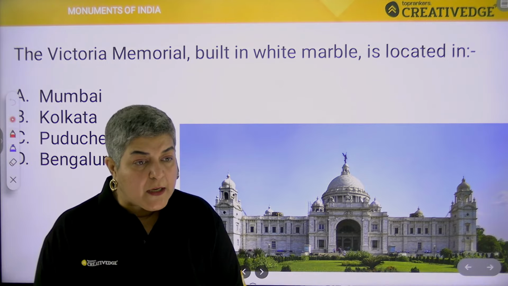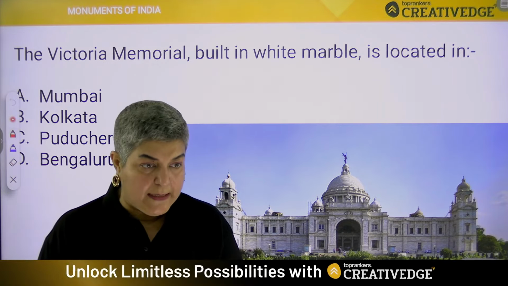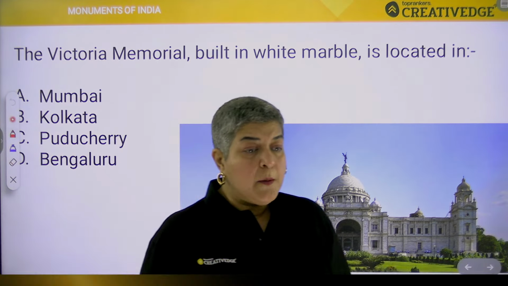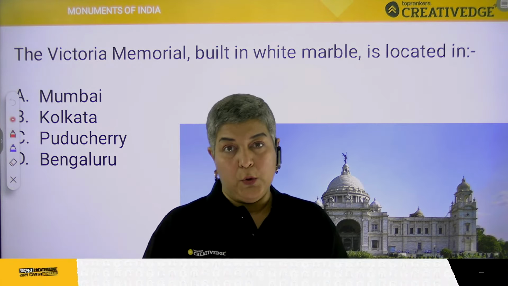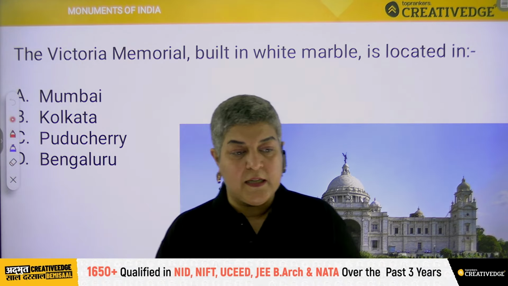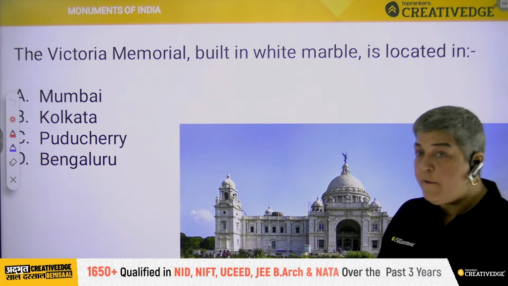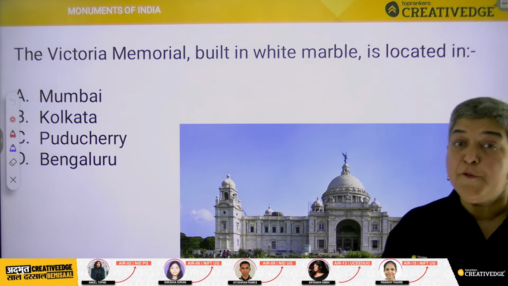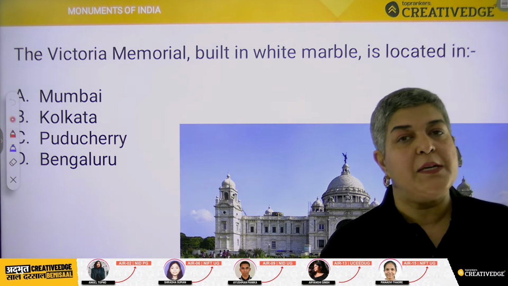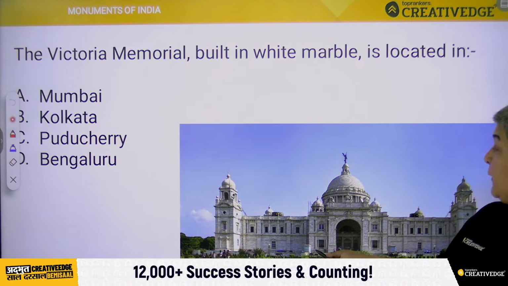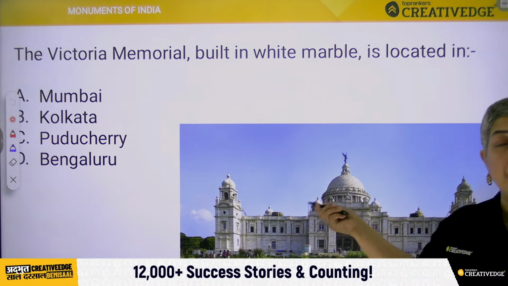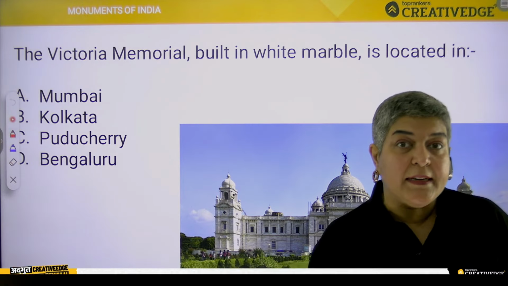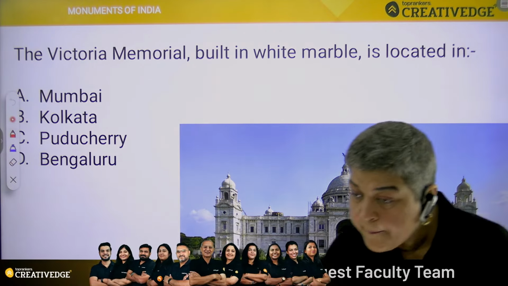नेक्स्ट क्वेश्चन इन फ्रंट ऑफ यू इज द विक्टोरिया मेमोरियल बिल्ट इन व्हाइट मार्बल इज लोकेटेड इन, इज इट मुंबई, कोलकाता, पुडुचेरी और बेंगलुरु? सो लेट्स सी अ पिक्चर ऑफ द विक्टोरिया मेमोरियल ऑल्सो. And if I ask you or if there is a question that says कि विक्टोरियल मेमोरियल का क्या टाइप का आर्किटेक्चर है, क्या आप लोग बता पाएंगे क्या टाइप का आर्किटेक्चर है? यस,